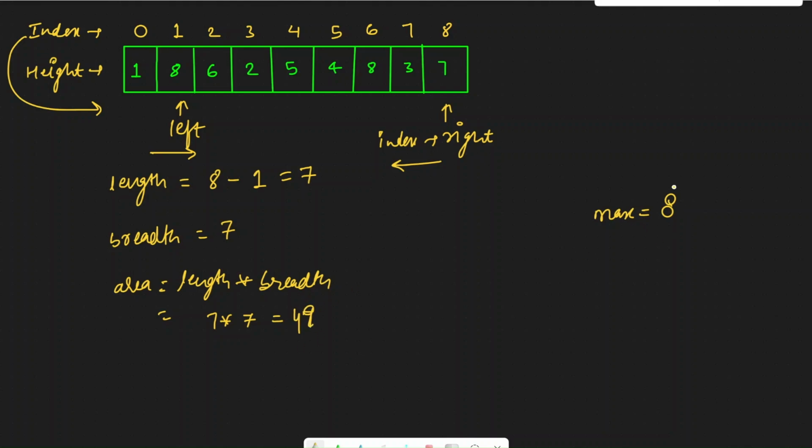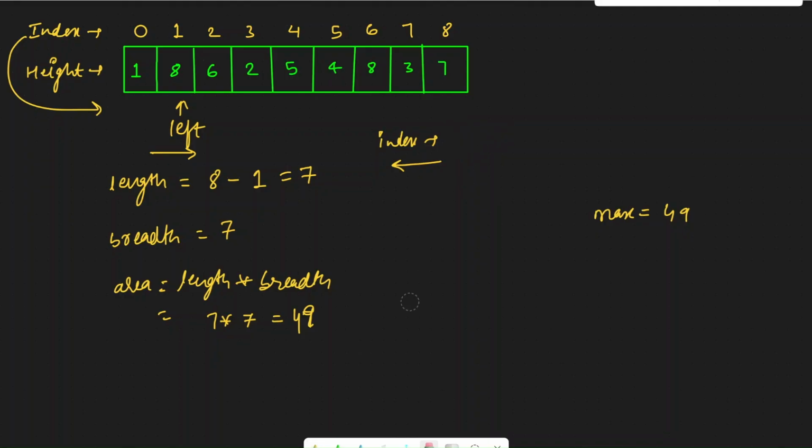Now this 49 is greater than what we have as max value, so I'm just going to replace this max value with 49 because we know there's a bigger container that we can get. Now again, we're going to repeat this process because we will be moving either left in the forward direction or right in the backward direction. We are going to reduce the width, and to compensate for reducing the width, we need to understand, can we get a better height? To do that, we again check which one of height at left and height at right is lower. Whichever is lower, we're going to move that. Now this time, height at right is lower. So we're going to move right one position in the backward direction.